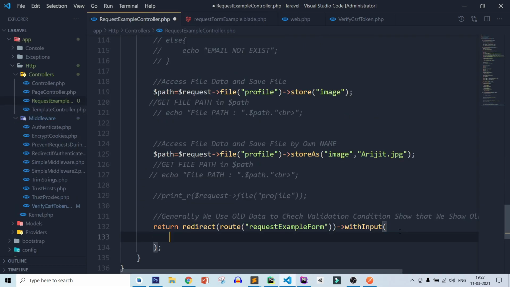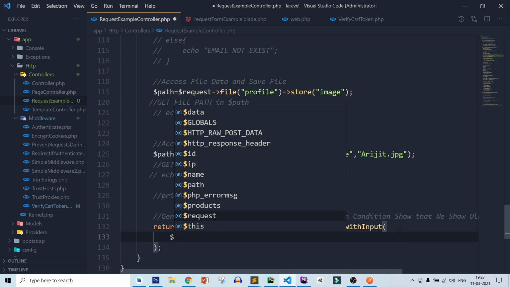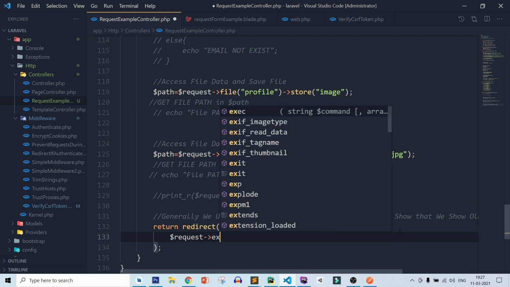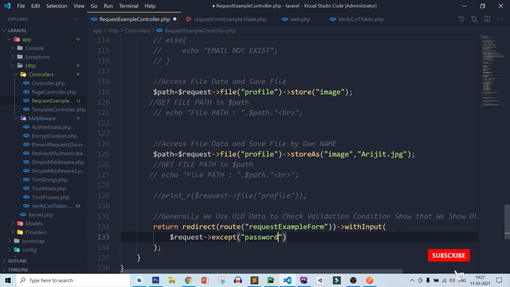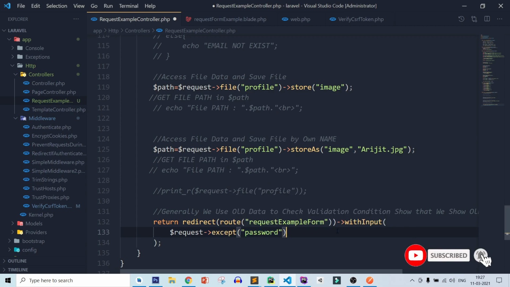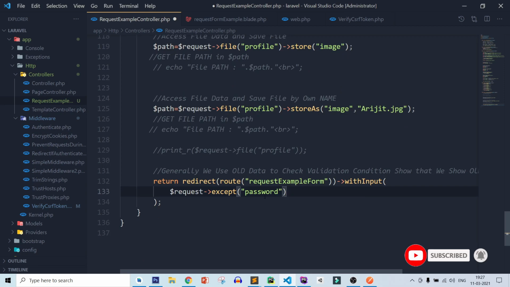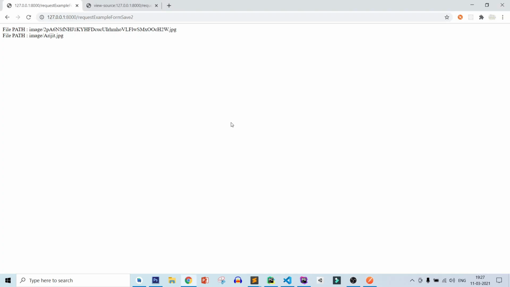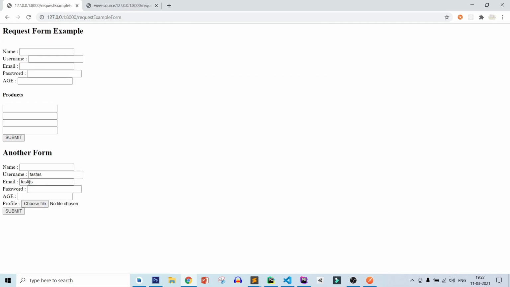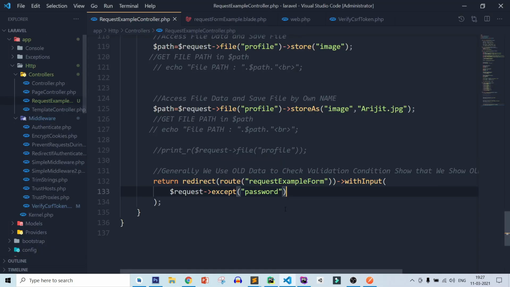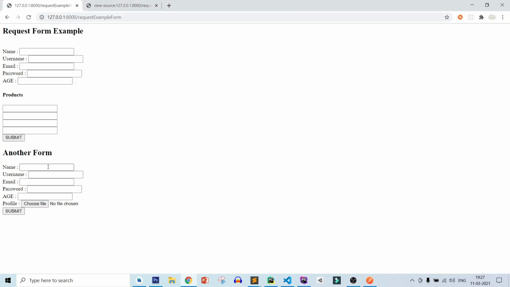For this you need to add $request->except, then pass the password. Now after redirecting the user, the user will not get the old password. So save it and let's check, refresh the page and here you can see the password is not showing. But if I remove it, save it and try to submit the form again, select the file, click on submit and you can get your password.